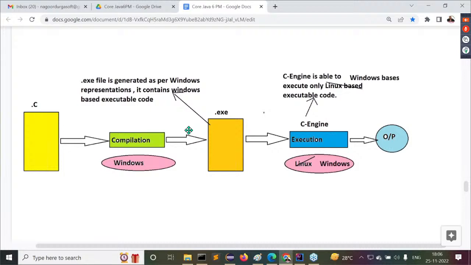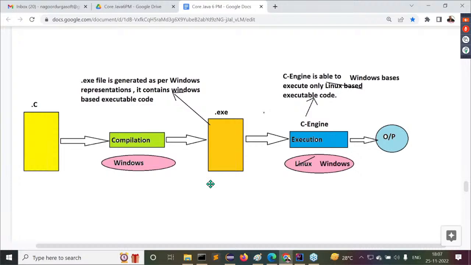It means for compilation and for execution, we must provide the same operating system. Then only we are able to execute our C programs. Due to this reason, we can conclude that C and C++ are platform dependent programming languages.